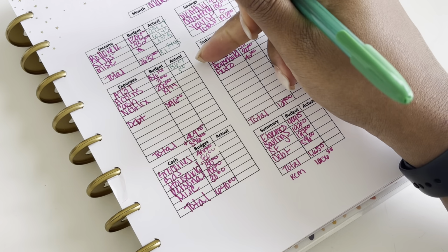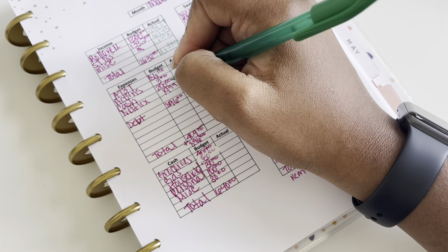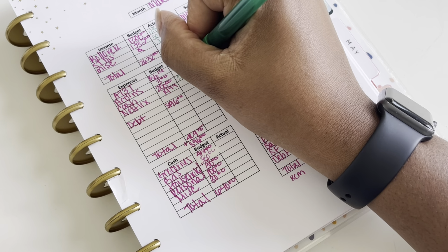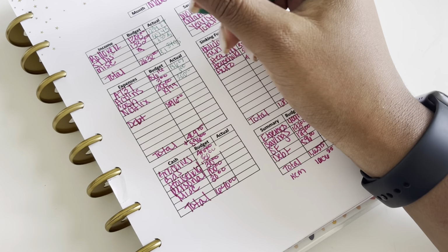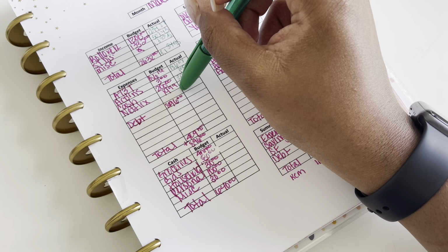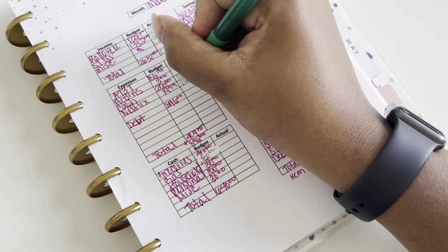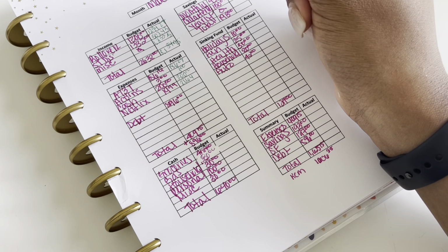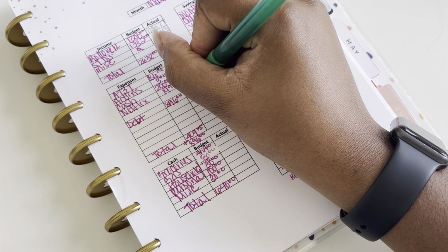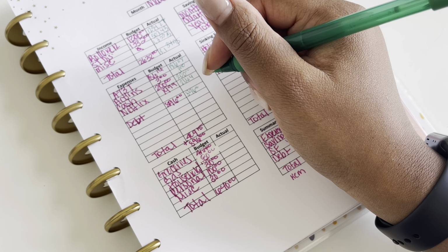Acorns is $3, and that's because I have an IRA account with them, so you have a subscription that you have to pay for. Cash is the money that I put towards my Cashless cash envelope credit card bill each month, and I did $200 this month. Netflix was budgeted at $19.99, which I really thought was going to be $19.99 because my husband told me that they were charging $20, but it was really $21.64. And then I had my debt, which all came out to $896, and that totaled out to